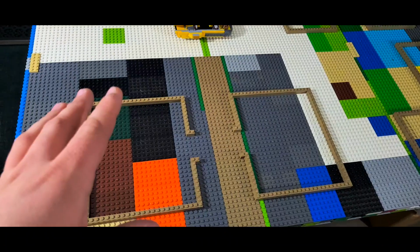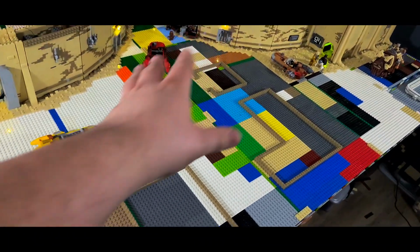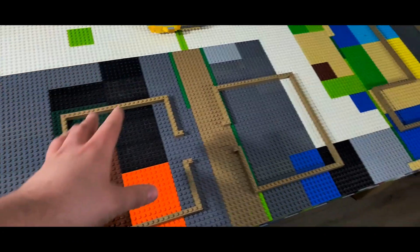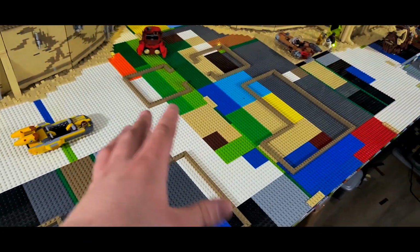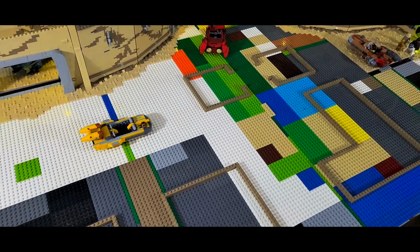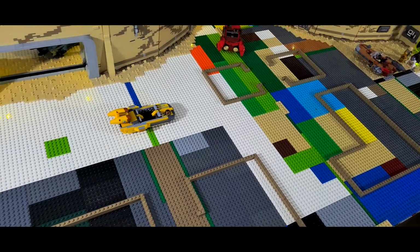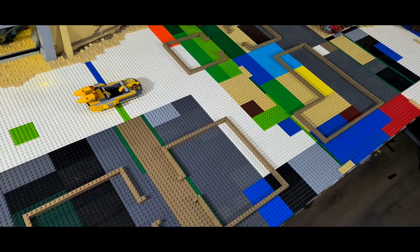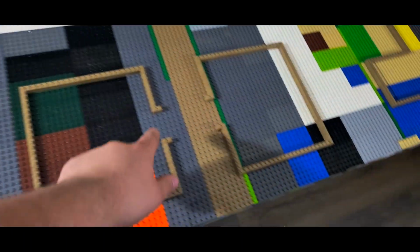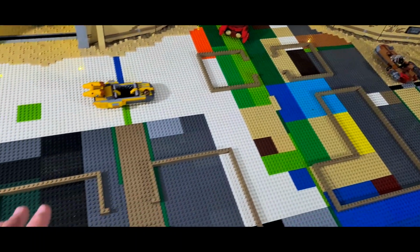My goal for the next episode, for the end of March, is to have these buildings done. And again, I don't want to sound cocky, but I'm pretty confident that we can get the buildings done fairly quickly, just because they're easier than these. But if you're wondering what these gaps are on both of these, my plan is to have